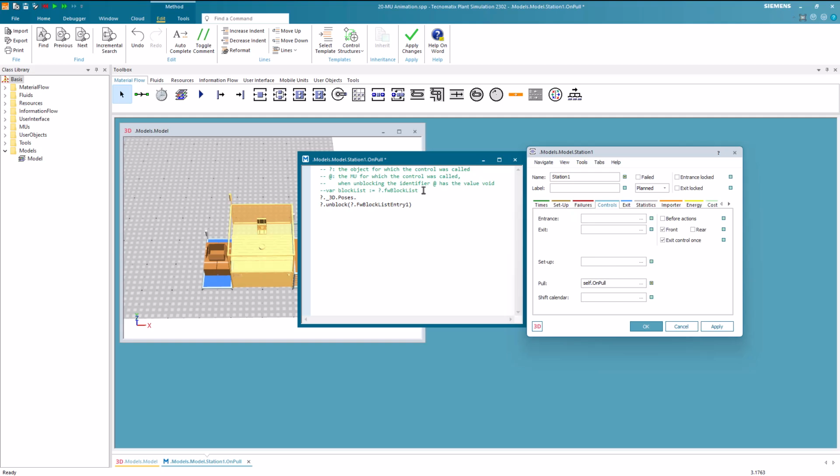Now we can use the Move to method. In the Move to method, we now insert the name of the pose. The Move method will return the time it takes for the animatable object to reach the specified pose. To ensure that we wait until the slider is in the entry pose, we can insert a wait statement before executing the Move method. Then we can proceed to unblock the part from the forward blocking list. Afterward, our next step is to command the slider to move to the processing pose.